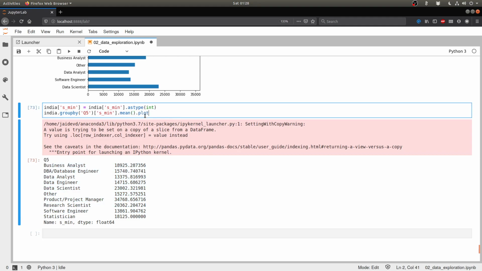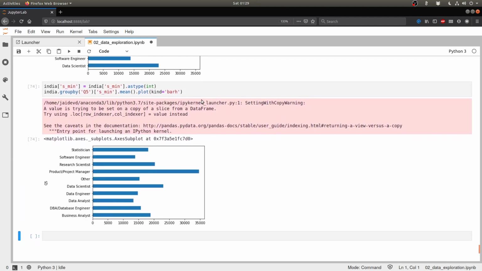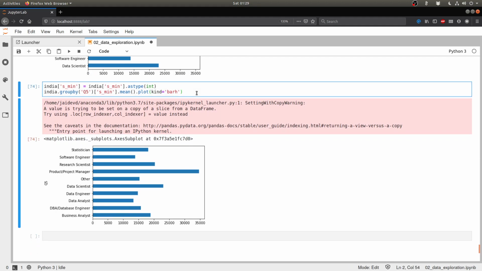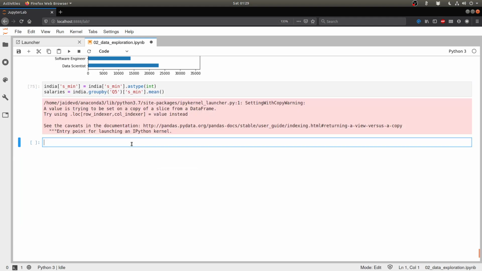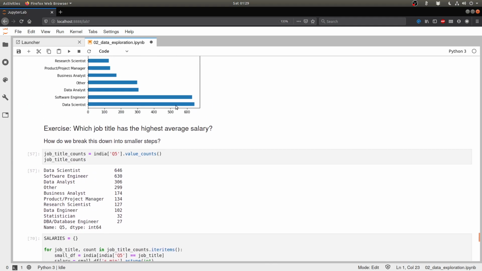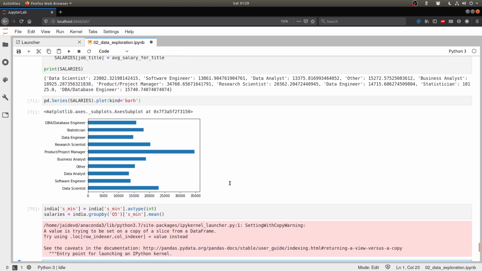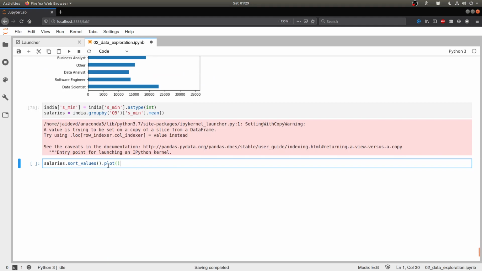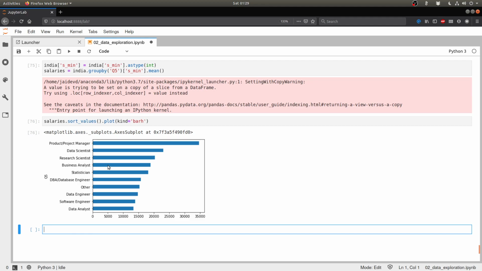However, we can also plot this as a bar chart, and here we have it. So there it is. Of course, it's appearing a little weirdly. If I wanted to make this entire chart a little more readable, I would put this data in a variable called salaries. And then I would do sort values on salaries so that I get a nice readable chart like this where I go from low to high. And then I would do a plot. And there we have it.